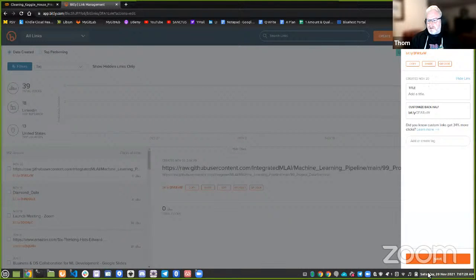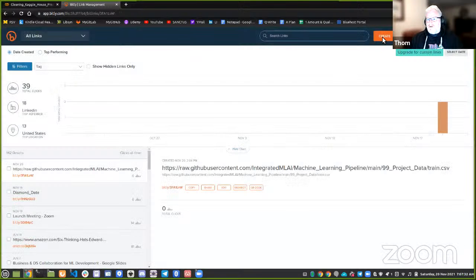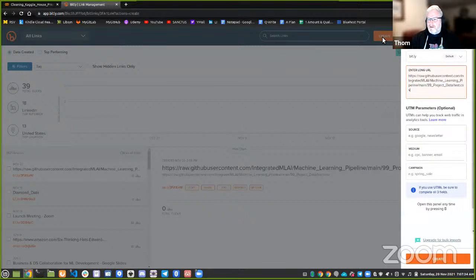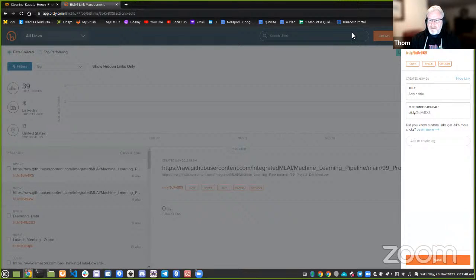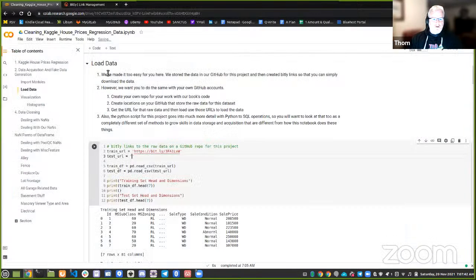And now I'm going to exit this one and create a new one, doing a Control V or a Shift Insert there and create it, copy it, go back over to my notebook and put the bit.ly link in, and voila. Now they're just not so long, and we can go ahead and load our data directly from that GitHub